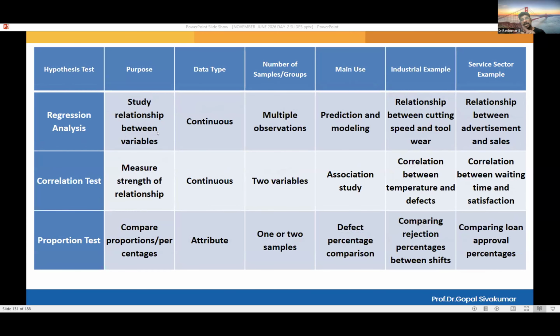Here the variable is the root cause and the problem. For example, a person is consuming more calories in the night. Whether it will have an implication in the weight, whether it has a connection to weight or not. What do you say, guys? If a person is consuming more calories in the night, whether it will increase his body weight. Yes. So there is a relationship between the X and Y. If you want to study that relationship, you can go for regression analysis.